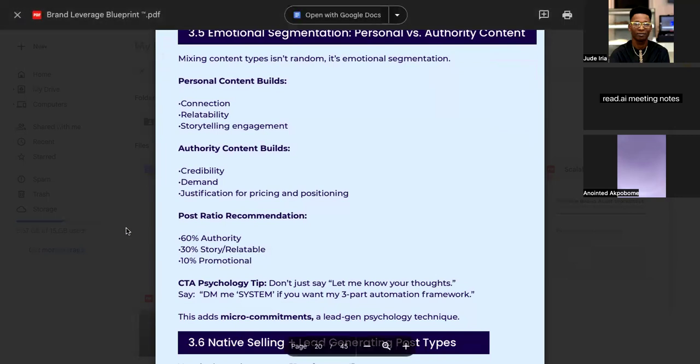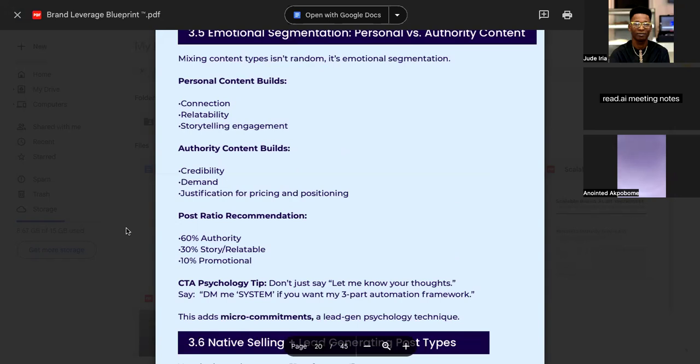So let's take, for example, that in subsequent modules, we're going to be learning how you can use AI to draft out content that is humanized and can relate directly to your target audience. That is going to be very great. Now, before you get there, you have to really understand this. If you understand the content pillars and the segmentations and everything about content, it will be very easy for you to prompt AI to give you what you need.